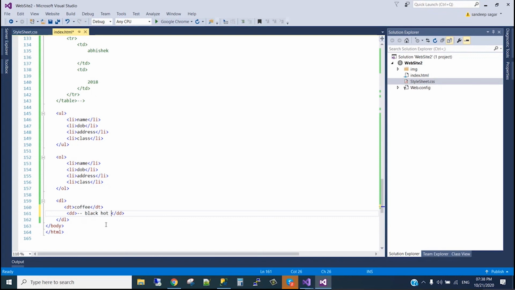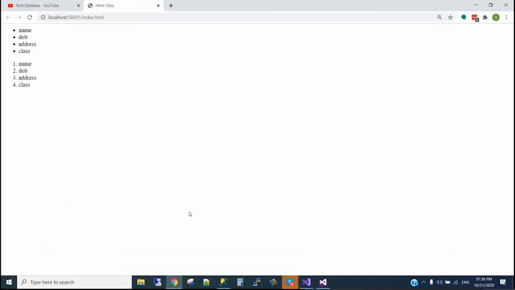drink, something like this. Again we can copy this and make one more section, and if we write milk and something white in color, and we refresh this, it will become section wise.